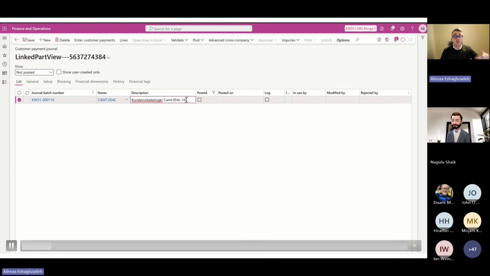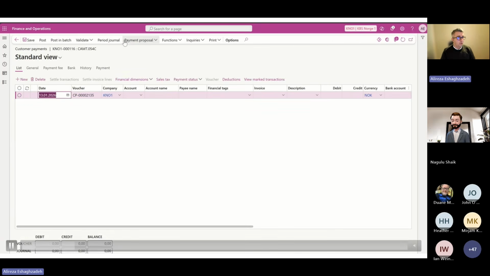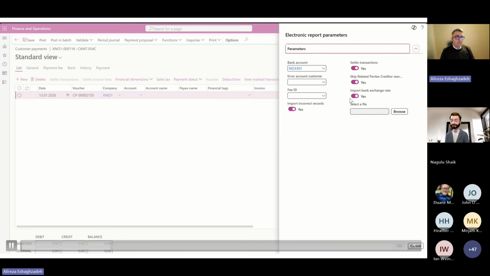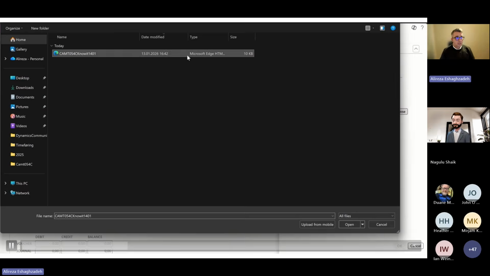So I first create the journal by myself, and give it a reasonable name so that others can find out that I'm holding it for importing. In this case, I don't create a proposal because I have already received the payment from the customer. So I just choose the method of payment that is associated with the ISO format. And then here, I activate the settled transaction, import the